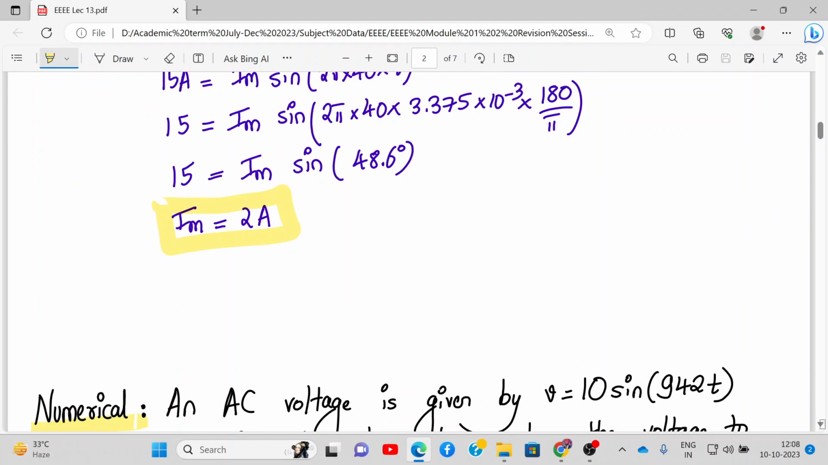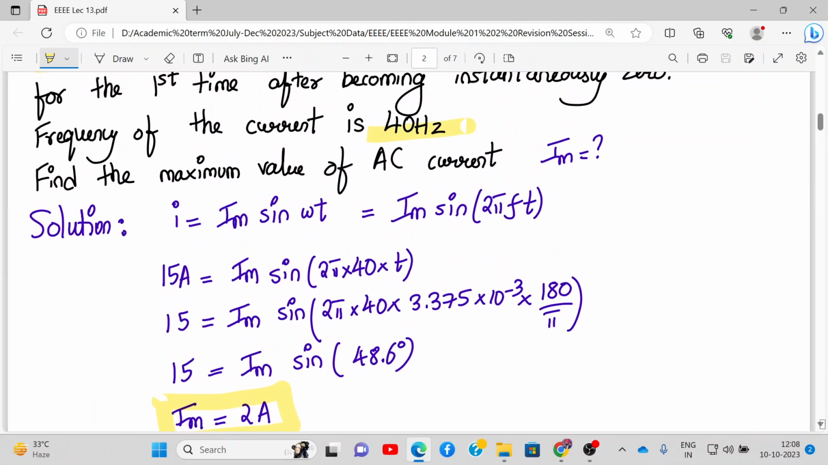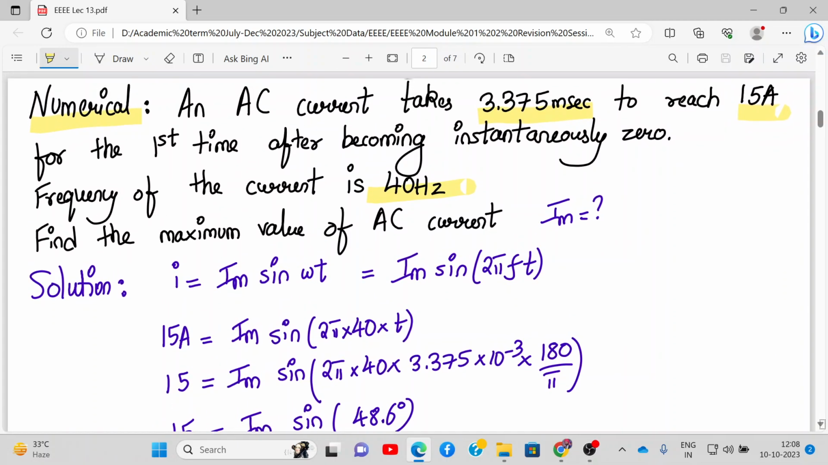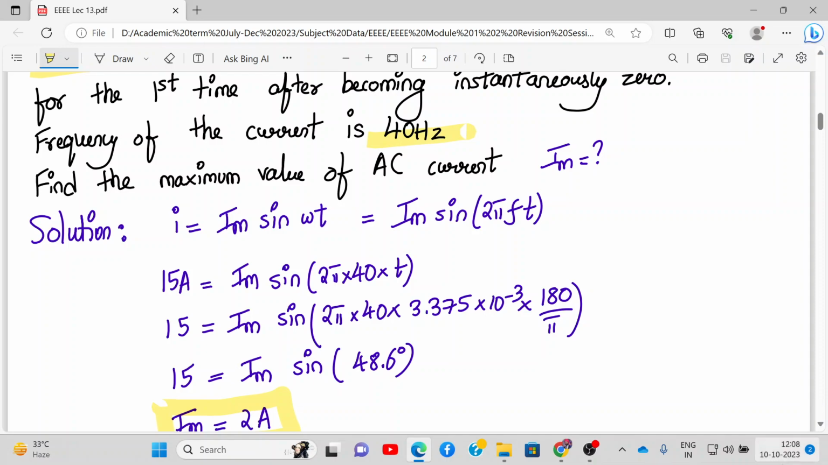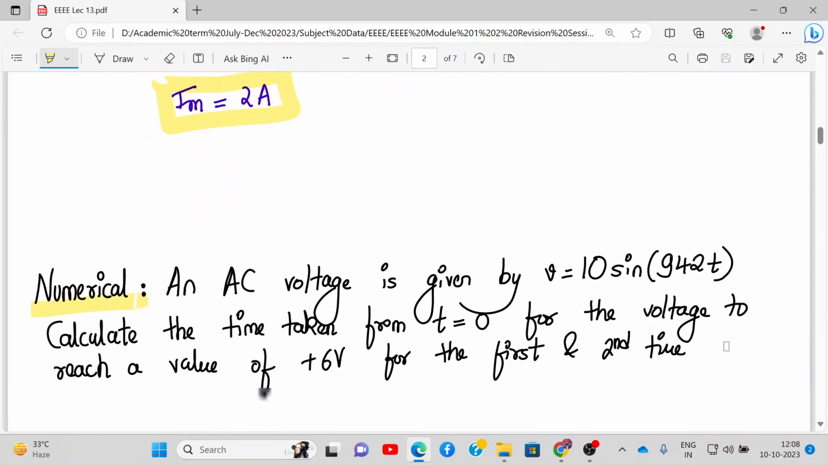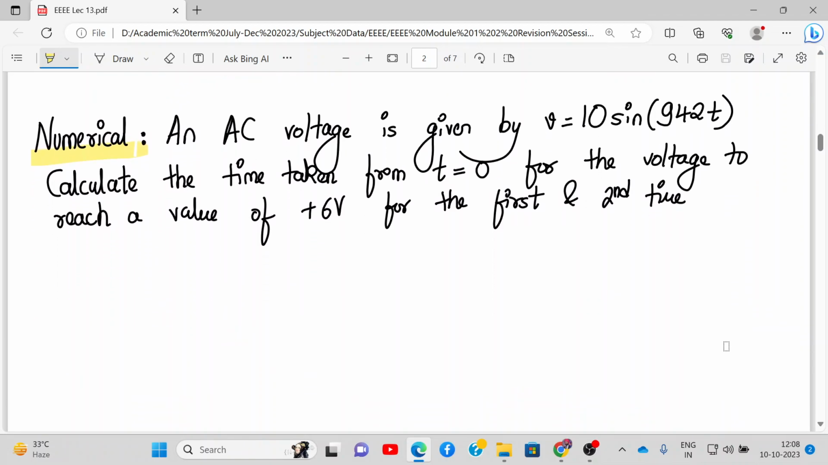All right. So over here, the given data was I was 15 amperes. We need to find Im and frequency was given. So we need to find the maximum value of the AC current, and that was Im, and it is around 2 amperes. Now let's go to the next numerical. Numerical number 3